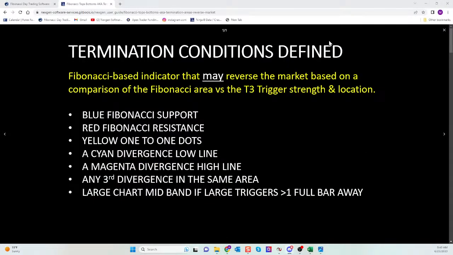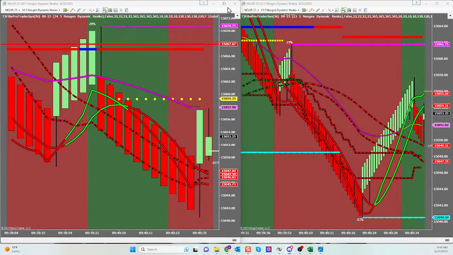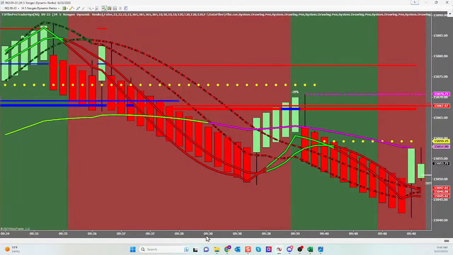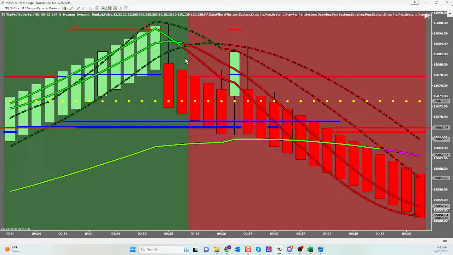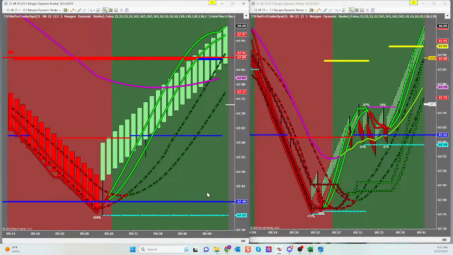So let's go back and look and see if we can find some examples. Whether it's above or below, let's see if we can find some instances where that happened. Price comes all the way right to the midband, right to support. Do you see how the large triggers are still a full bar away? And what does it do? It closes the gap right to those triggers, even coming from a termination condition. Price reaches the area, closes the gap because they're a full bar away, and then that market moves. And guys, this keeps you out of shorts. It doesn't necessarily get you looking for a long.